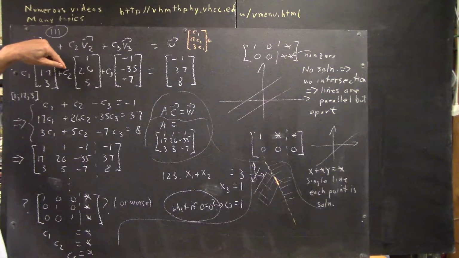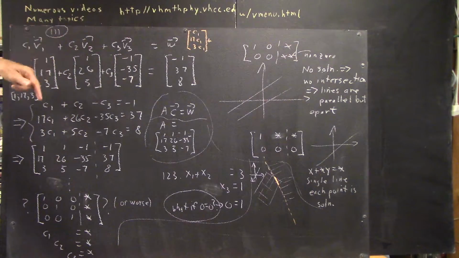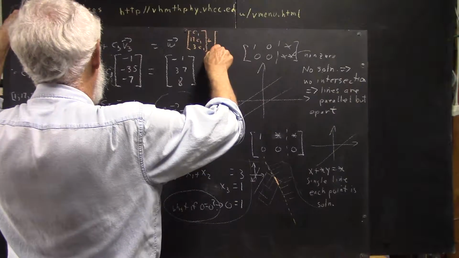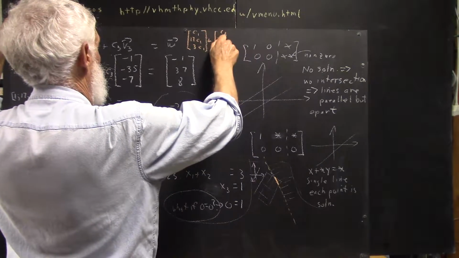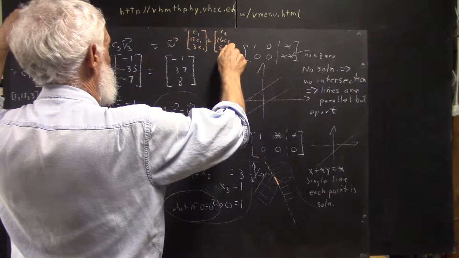And that's added to C2 times this column. Well, it's a scalar multiple of a column. The multiplication distributes through the column. So that's going to be C2, 26C2, 5C2,